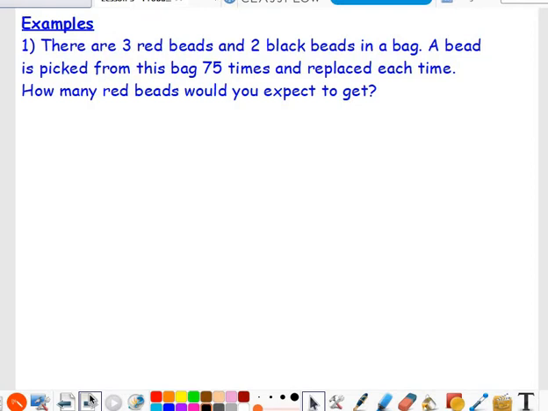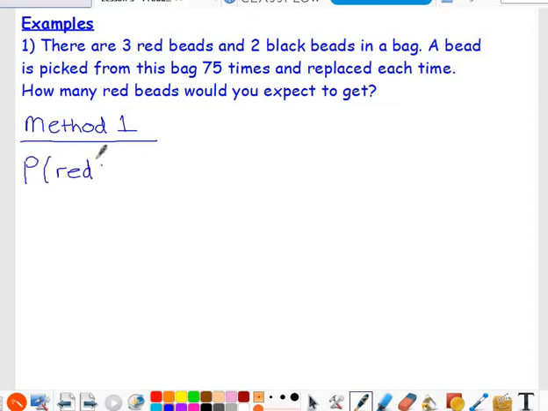Number one, there are 3 red beads and 2 black beads in a bag. A bead is picked from this bag 75 times and replaced each time. How many red beads would you expect to get? So if we do method 1, first of all we need to calculate the probability of red. So P of red, probability of red, well there's 3 red beads and 2 black beads in the bag. So the probability of getting a red is 3 out of 5,